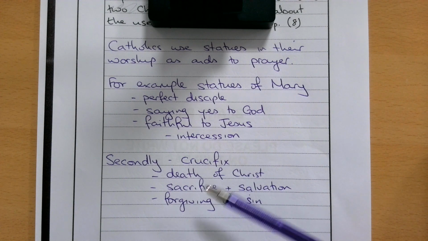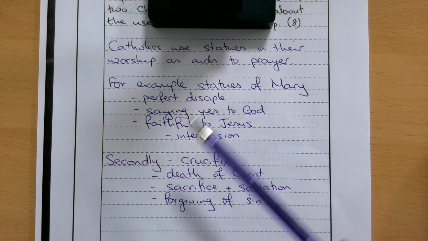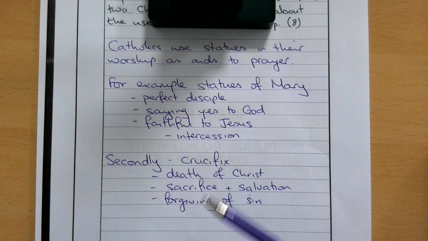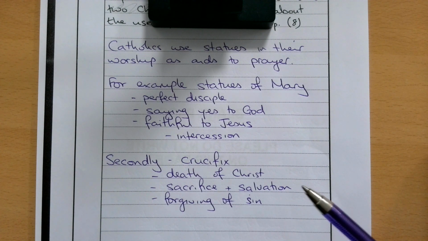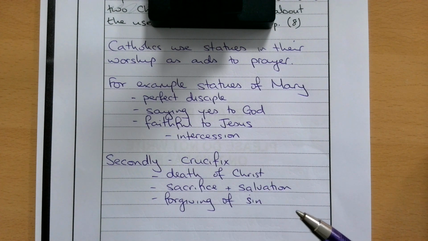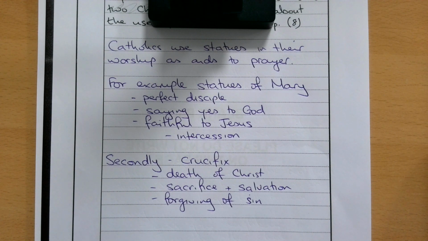Alternatively, you could go far more generic and just explain what statues are, how they help prayer, how they allow you to inspire Catholic devotion. So you could talk about, for example, the Sacred Heart of Jesus, specific statues of saints, the Stations of the Cross. There's a range of statues you could talk about. You could talk about La Pieta, which obviously is within the unit as well. You could talk in generalities and then just give examples.